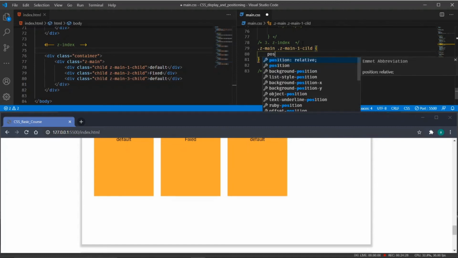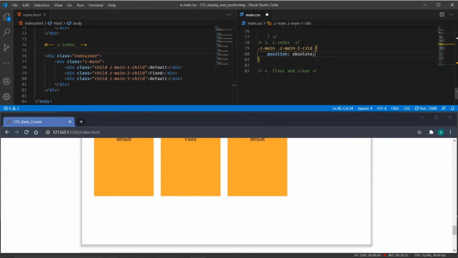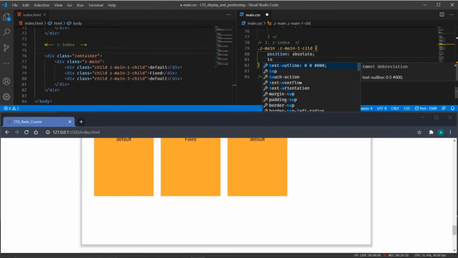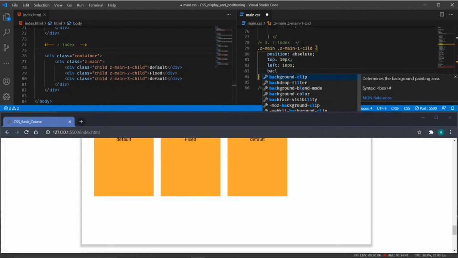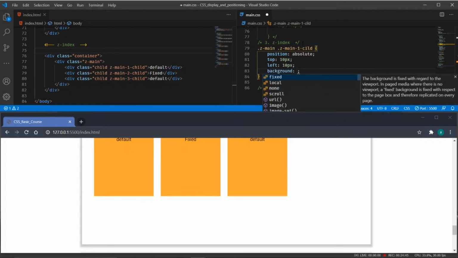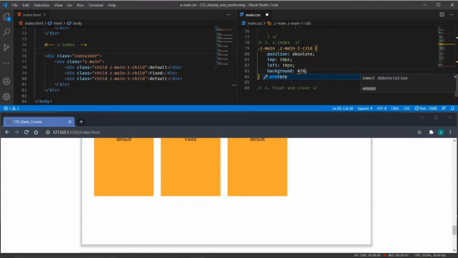with absolute positioning, top 10 pixels, left 10 pixels, and a background of F80A5D, just a random number.